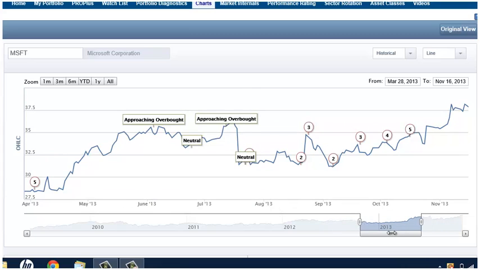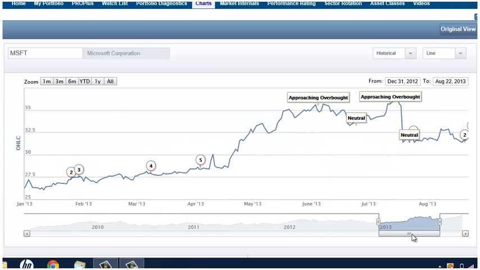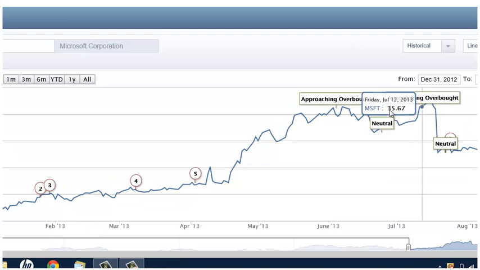And the process here is fairly simple. You're going to sell 50% of your position at $35.59 at approaching overbought, and then you're going to sell the other 50% of your 50%. So now you only have a 25% position left, and now the stock gets hit